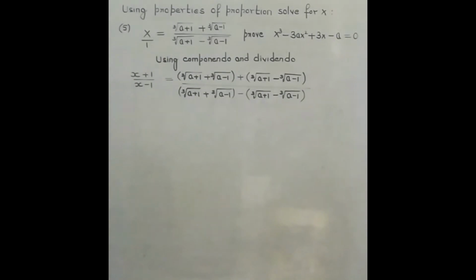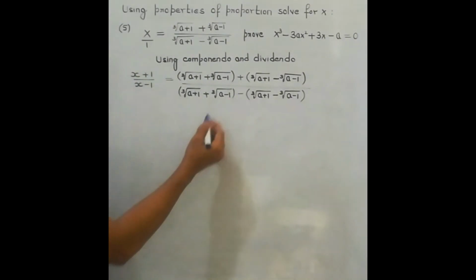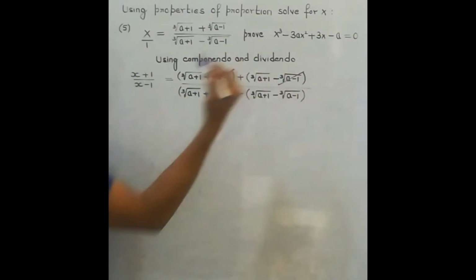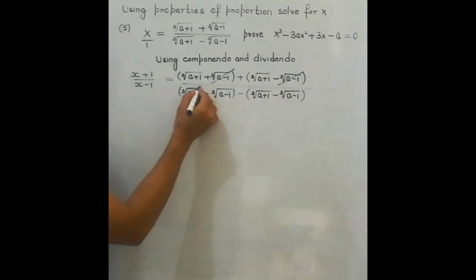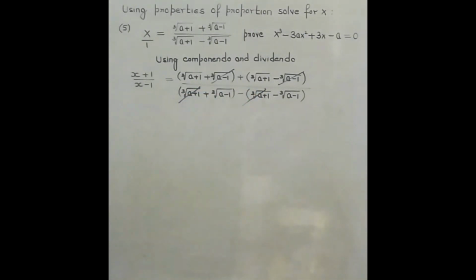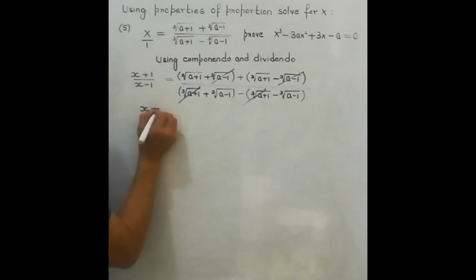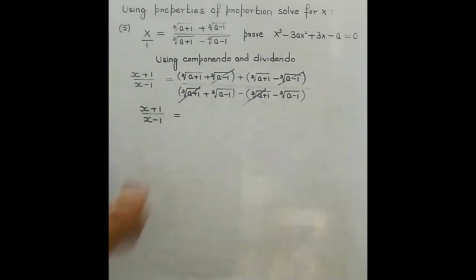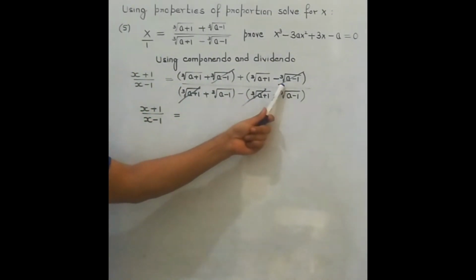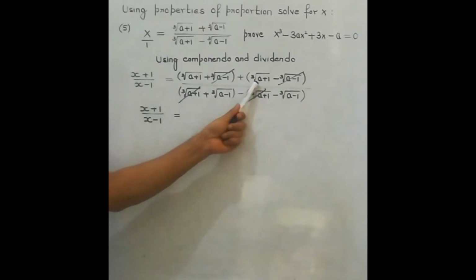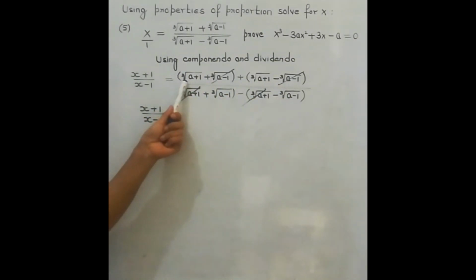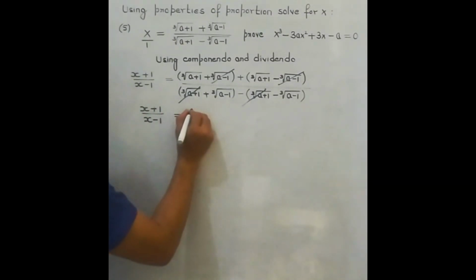Now, if I open the bracket over here, let's see what result I will get. On the right side, when I open the bracket, these two terms will cancel out. And in the denominator place, these two terms will cancel out. On the left side, there is no cancellation, so it remains x plus 1 upon x minus 1. On the right side, after cancellation of these two terms, I am left with the cube root of a plus 1, then again the cube root of a plus 1. So I can write it like this, twice